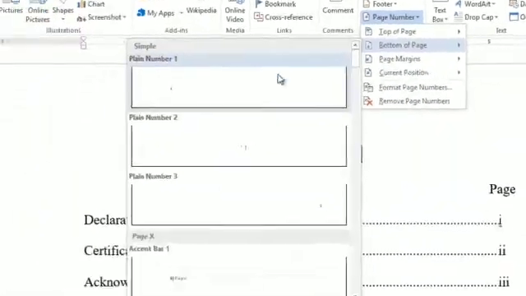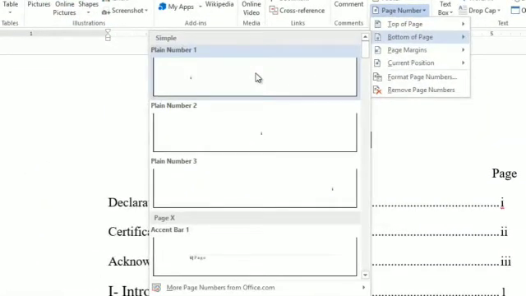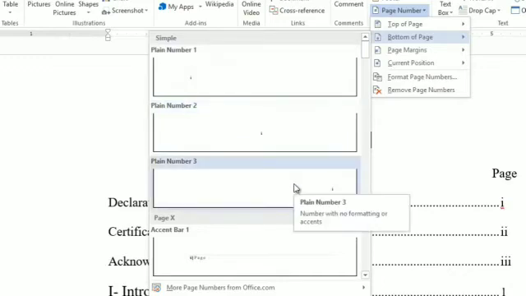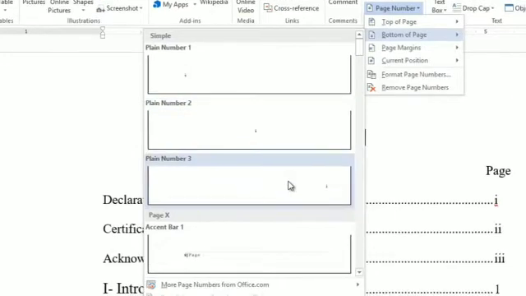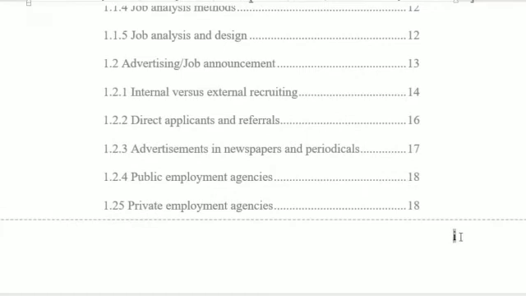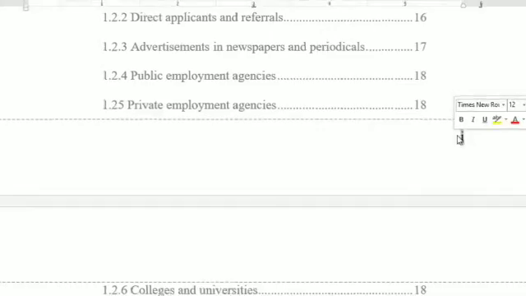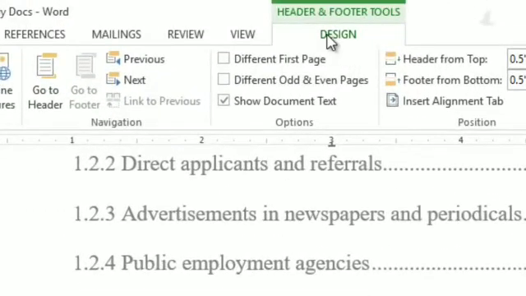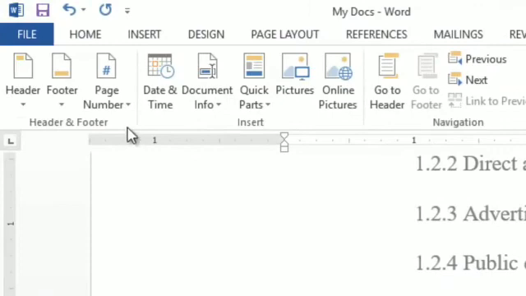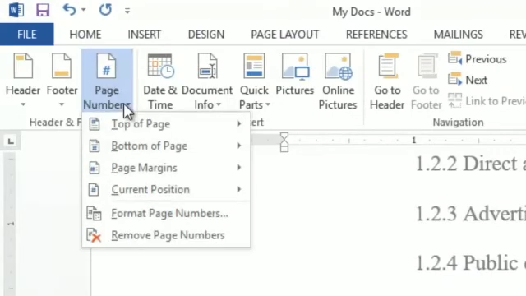So choose your direction and location of page number: top, bottom, anywhere, then you can choose. See, this is your list, and after entering your page number, you can put your page number on your page 1, and automatically all the page numbers. Now see, this is your page number.